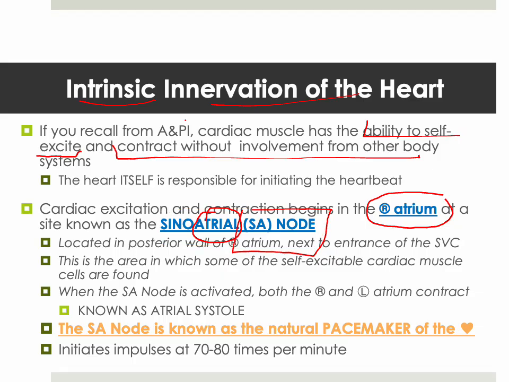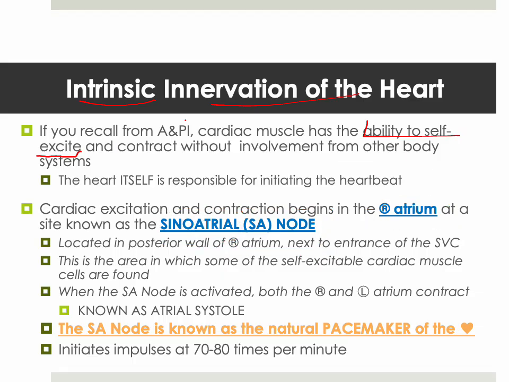It's located up and posterior on the wall of the atrium, and it's very close to the superior vena cava, meaning from above. Sometimes when people are getting catheters, the catheter might tickle that SA node a little bit, and you might get a little bit of tachycardia, but just for a second, okay? So when the SA node, meaning the sinoatrial node, is activated, both the right and the left atrium